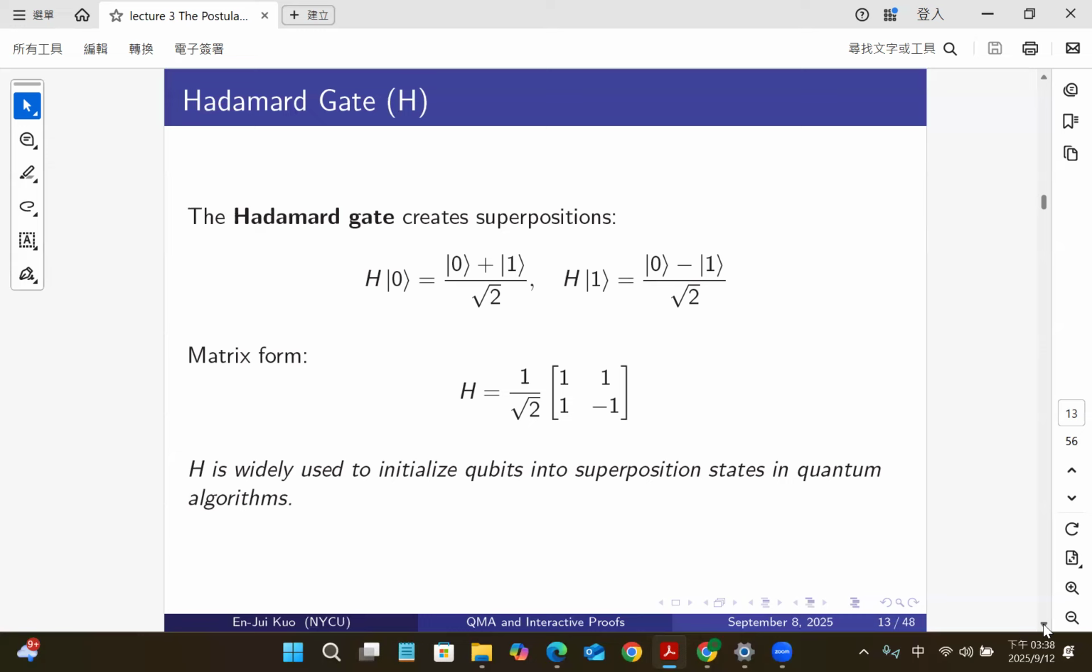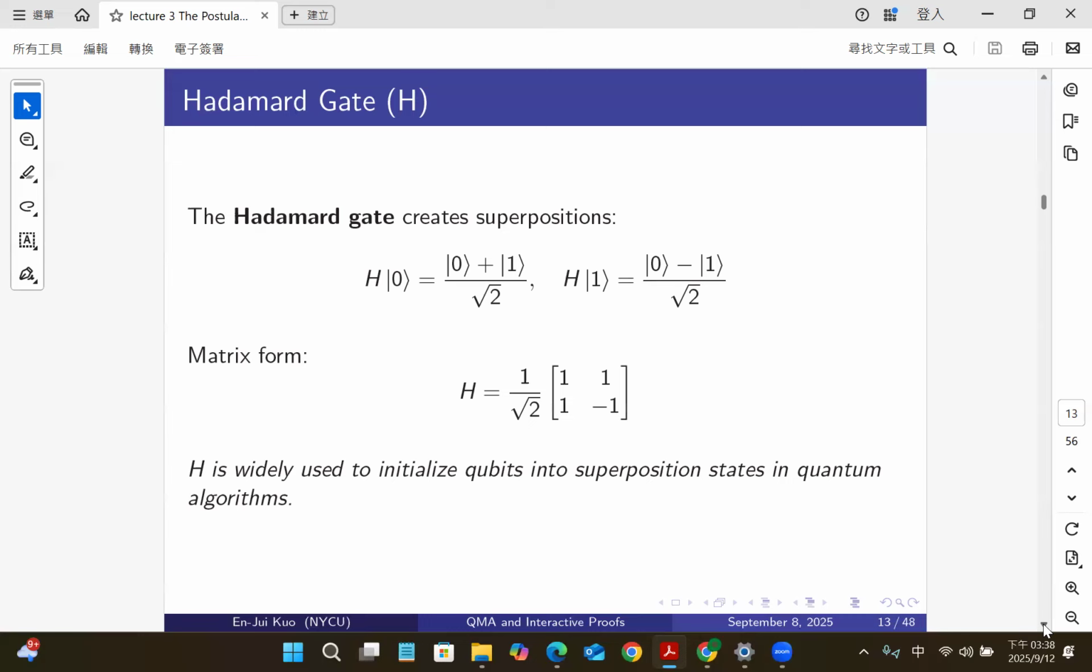So I know that 0 and 1 are eigenvectors of Z. Because when Z is applied on 0, it becomes 0. When Z is applied on 1, you get an additional minus 1. But what are the eigenvectors for X? Remember, X is a bit flip. So indeed, 0 plus 1 divided by square root 2 and 0 minus 1 divided by square root 2 are eigenvectors for X. And for example, if you apply X on this,